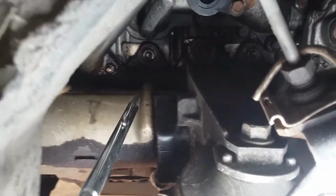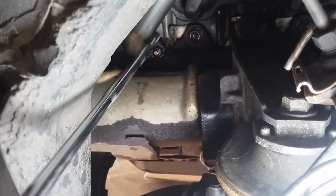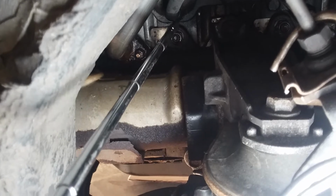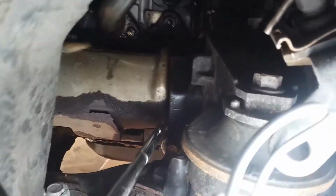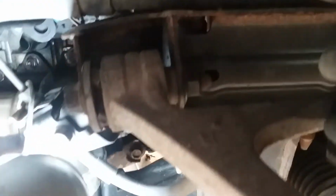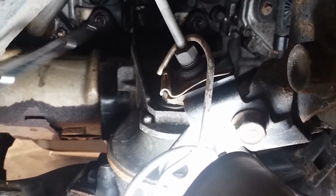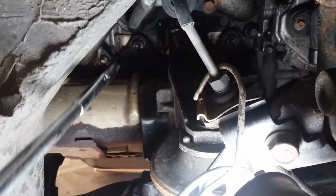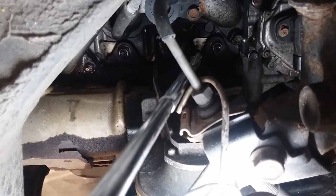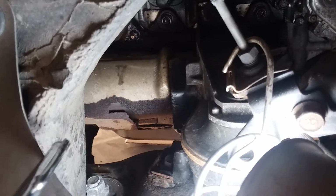The other thing to mention is the AIR pump. Super rusted bolts. That's part of this header. You got 6 total bolts. You got 1 here. You got 1 below. You got 1 way back yonder. And you got 1 up front. So you got 6 total. The middle and the front one are pretty easy to get through the wheel well. The middle and the back one are pretty easy to get through the bottom of the car, as well as